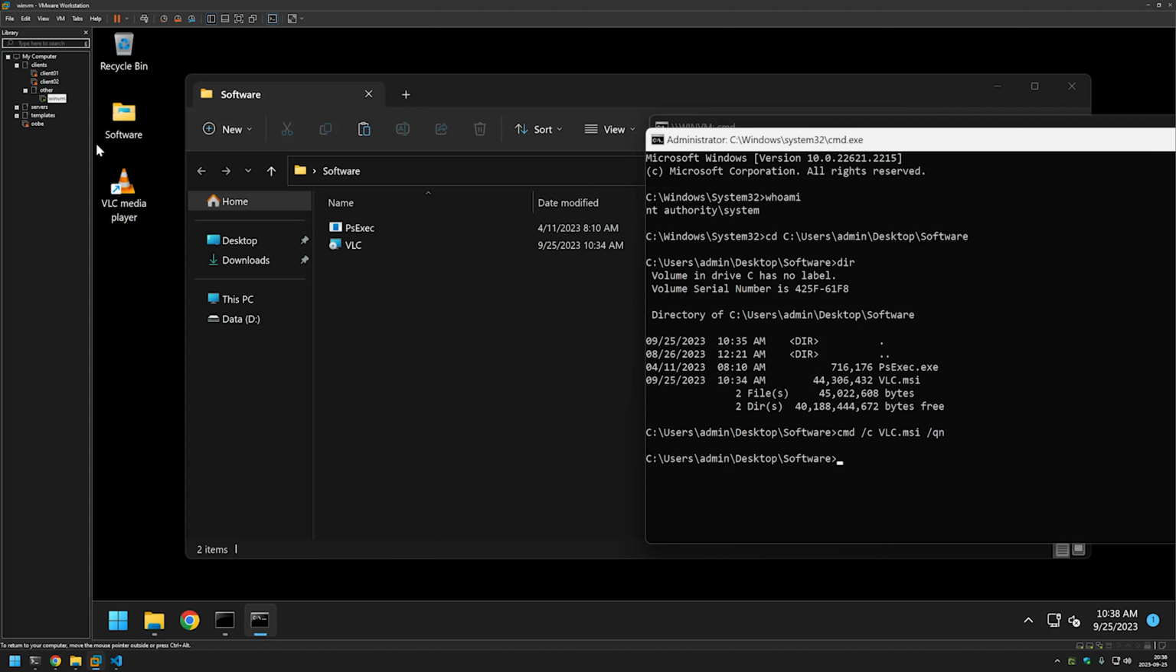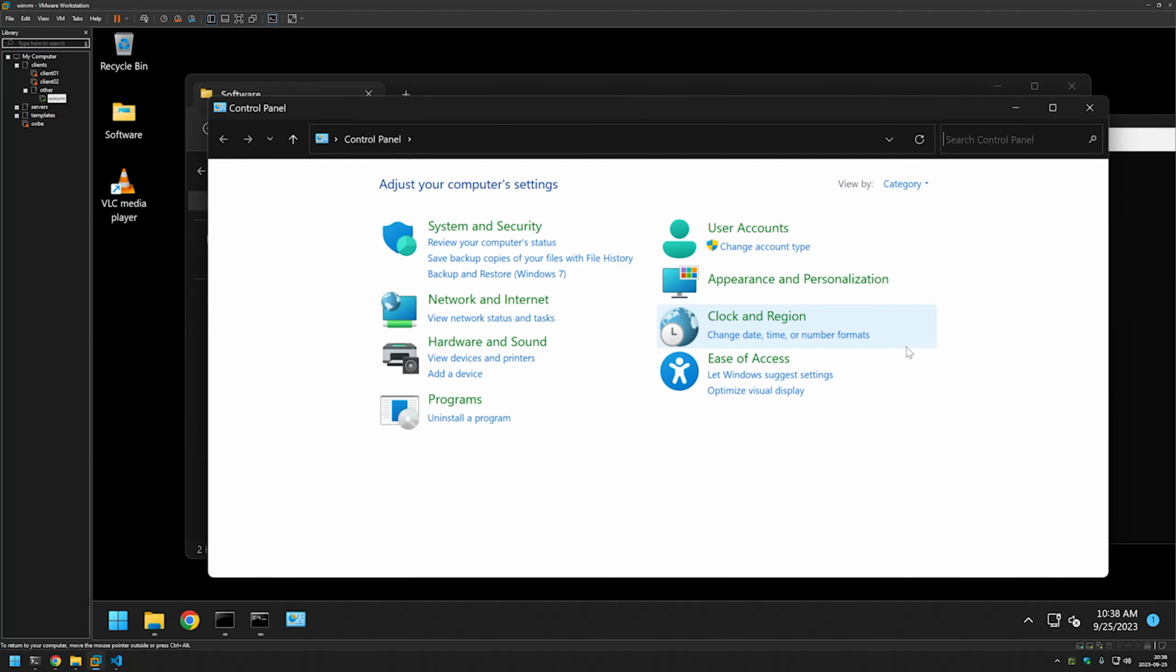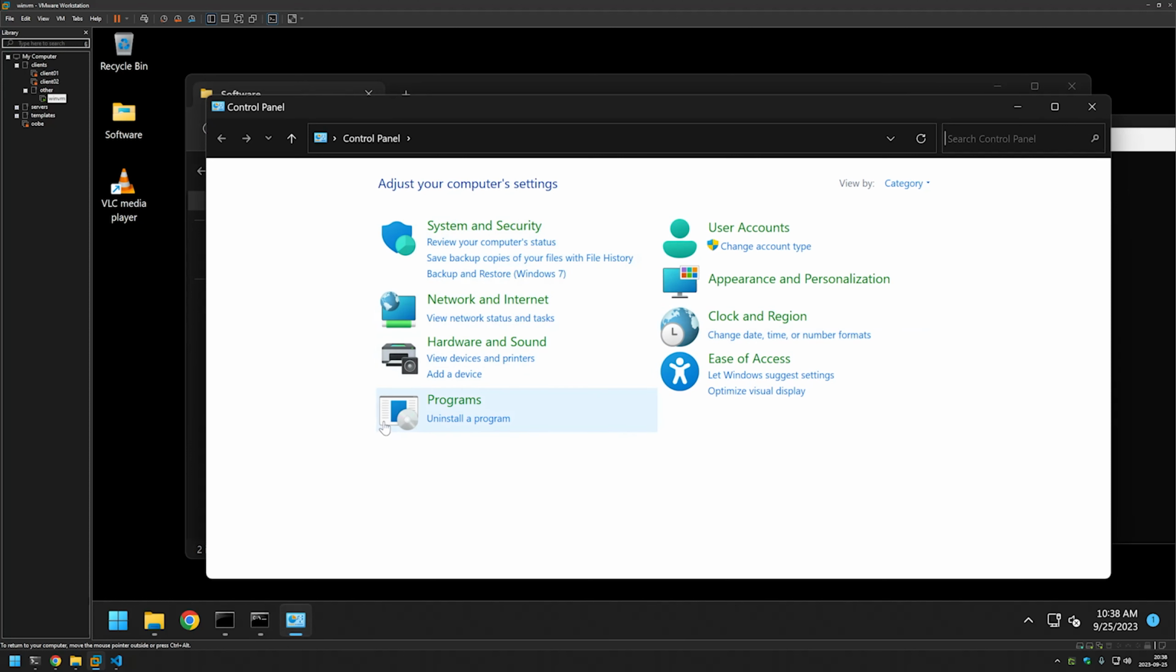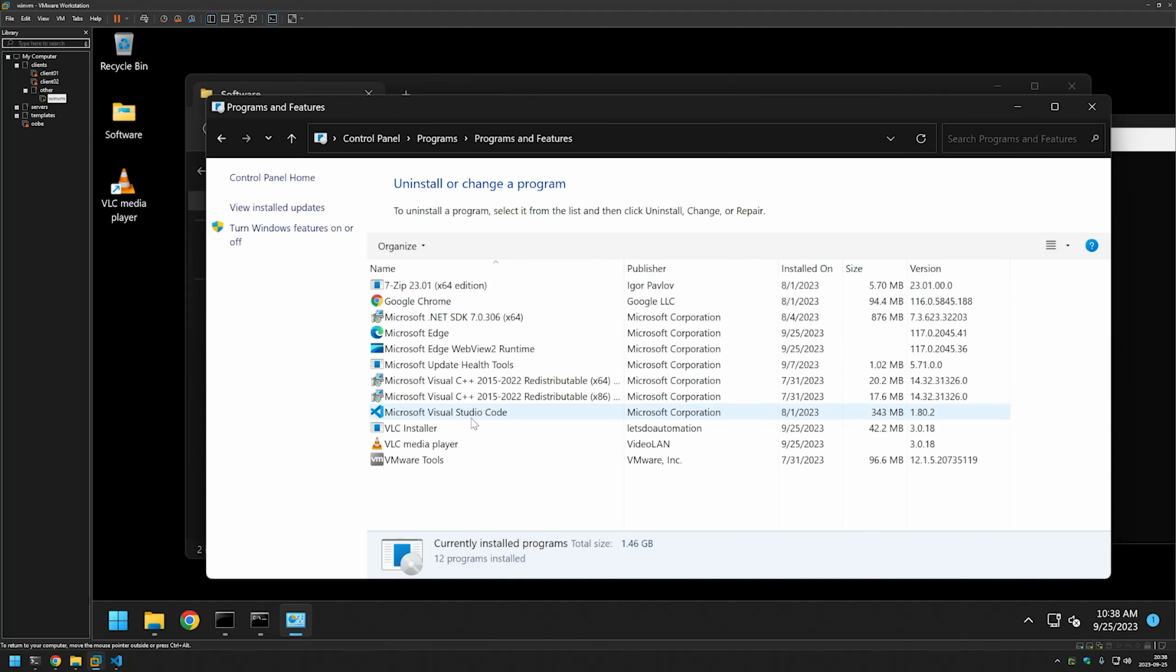We have our VLC media player icon on our desktop. So now let's look around and see what happened in our control panel. So for that I will type control in the command line window and press enter, and it opens a control panel for us. Then I will click on uninstall a program, and here we have our installed program list. And as you can see, we have VLC installer installed that's published by Let's Do Automation, and here is the version number. And also we have our software installed that's called VLC Media Player, and we have two entries here